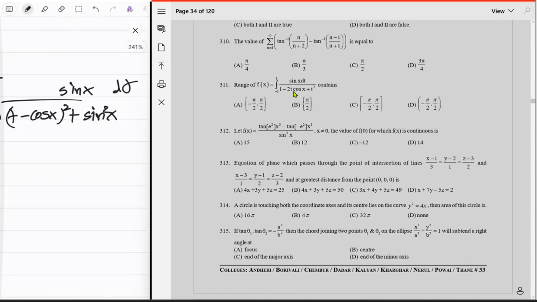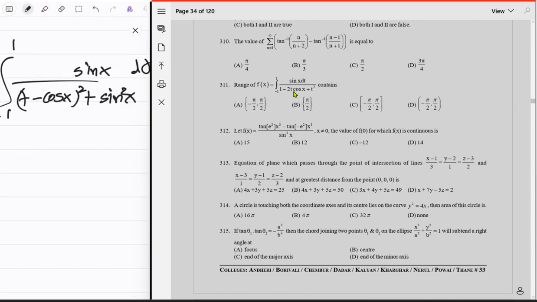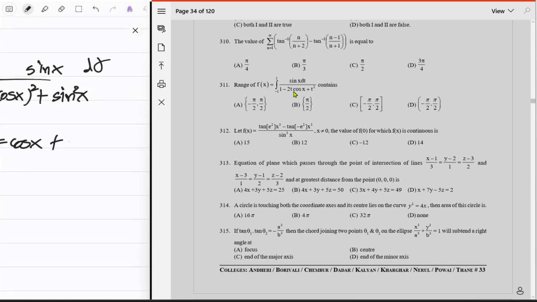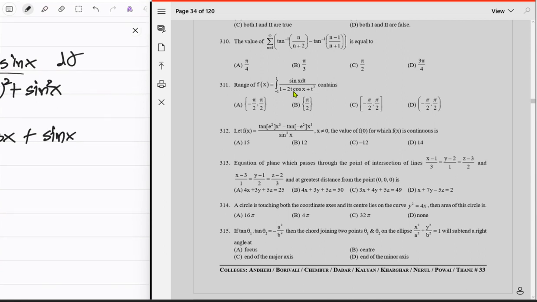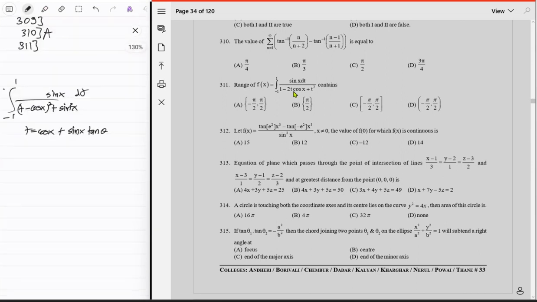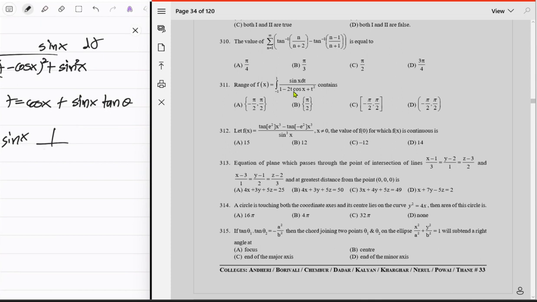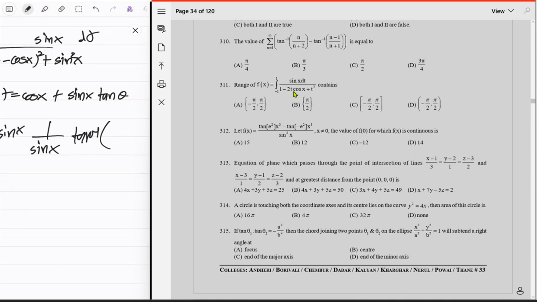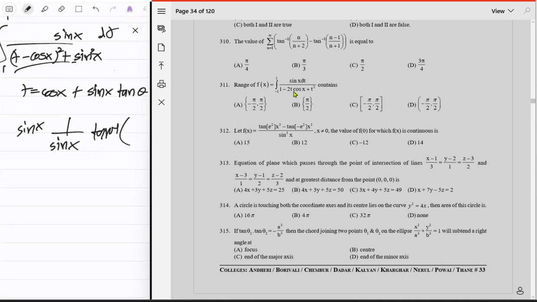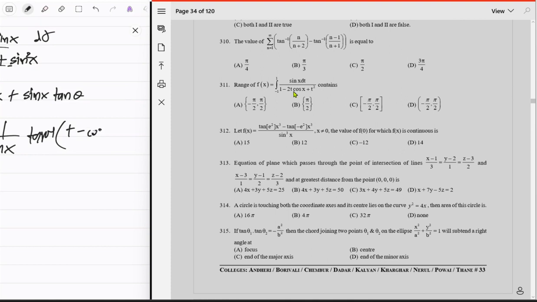negative 1 to 1. So we just say t equals cosine x plus sine x times tan theta, right? And then what will this become? What will this thing become? Integration from, we will write that later, taking sin x out from here, it's just 1 upon sin x in this case, okay, and then tan inverse of (t minus cos x) upon sin x, so just this thing upon sin x, and this is going from where to where? It's like from negative 1 to 1,